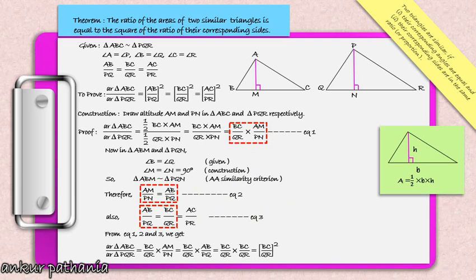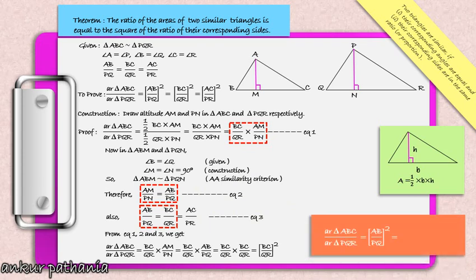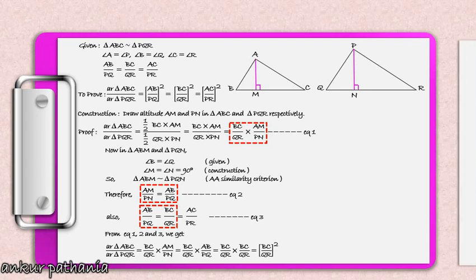We can also prove it for the remaining two sides, that is AB upon PQ whole square or AC upon PR whole square. For that, we have to draw altitudes on these sides as a basis. So we have reached our result, that is area of triangle ABC upon area of triangle PQR is equal to AB upon PQ whole square is equal to BC upon QR whole square is equal to AC upon PR whole square. Now to further understand this concept, we will take an example,